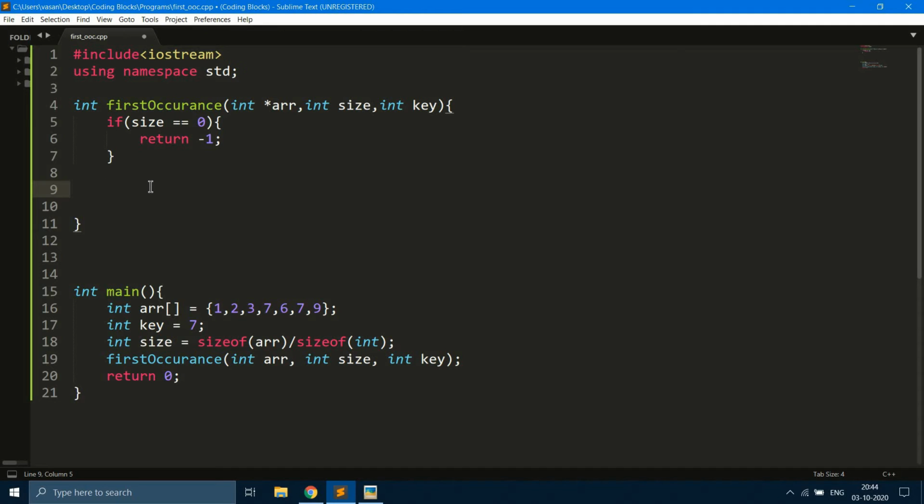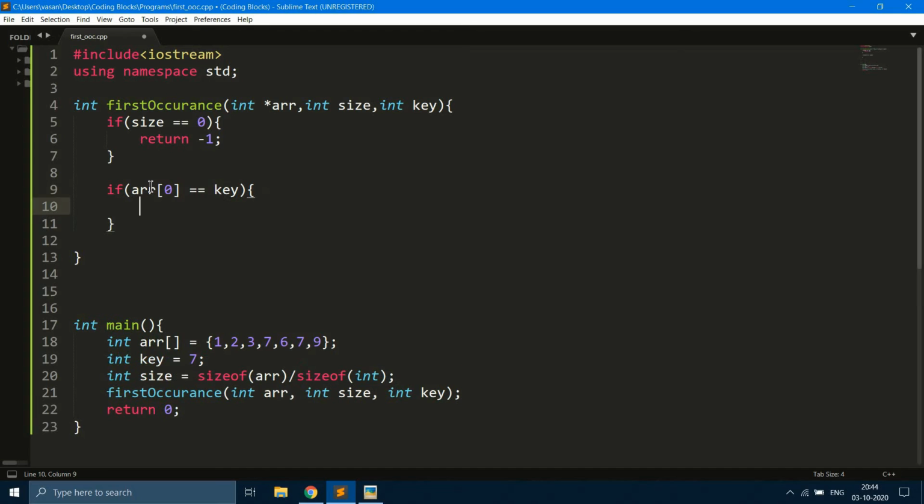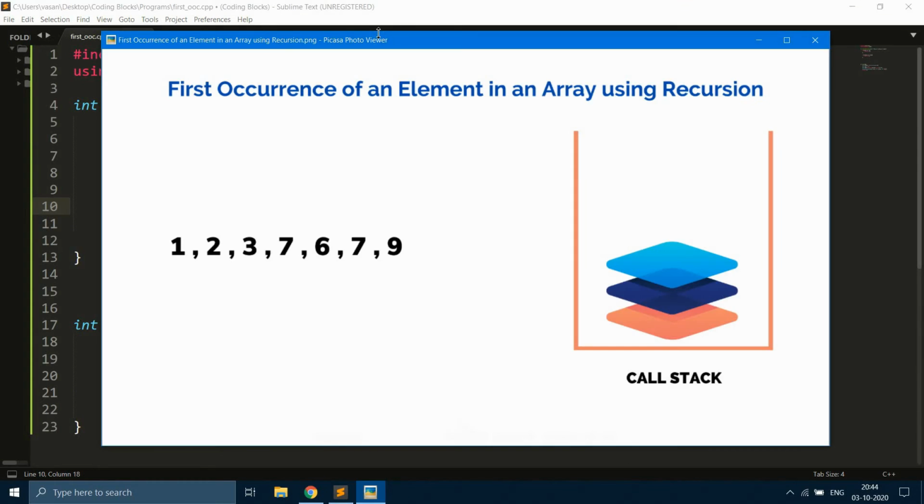So in our case, our base case is going to be: if the first element of the array is equal to the key, we are going to return 0. Let's say in this array, 3 to 9, our first element is 9.